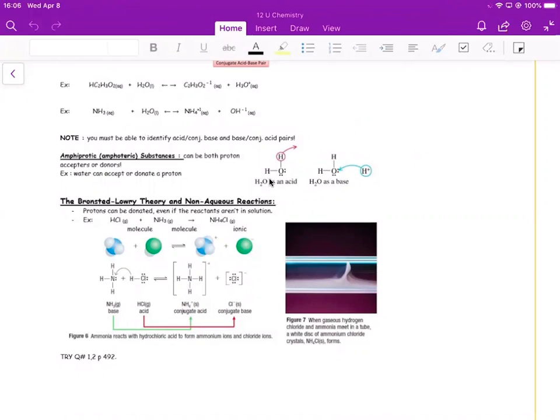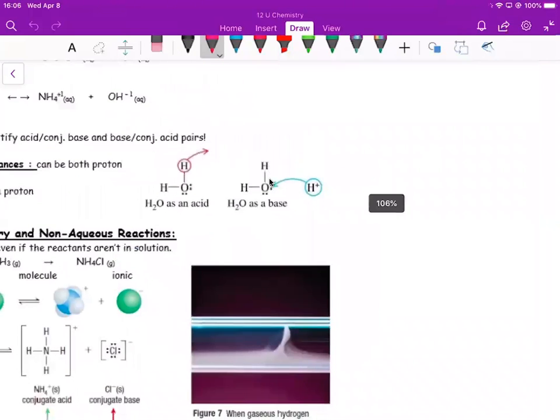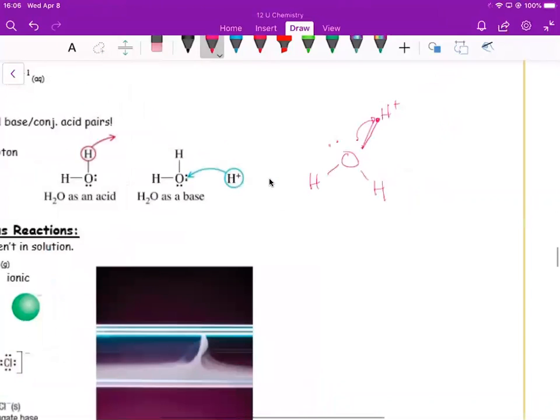Before I go on, I just want to make sure, there were quite a few errors with how you were to do the hydronium ion. It's very interesting because if this is water, and you have an H+ proton, it doesn't have any electrons. And so the water will actually donate one of its electrons and bond with it. We'll learn more about that in the structures unit. That's called a coordinate covalent compound. And so what happens is you get something that looks like this,